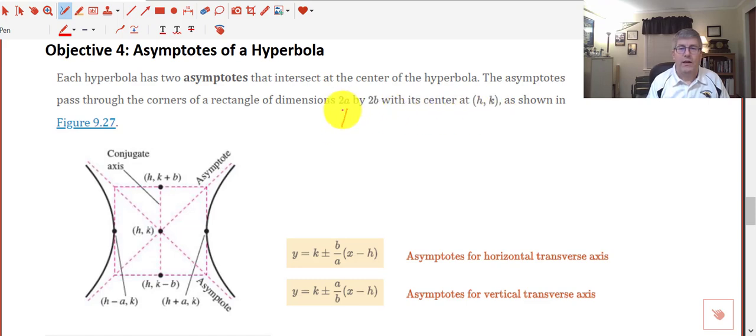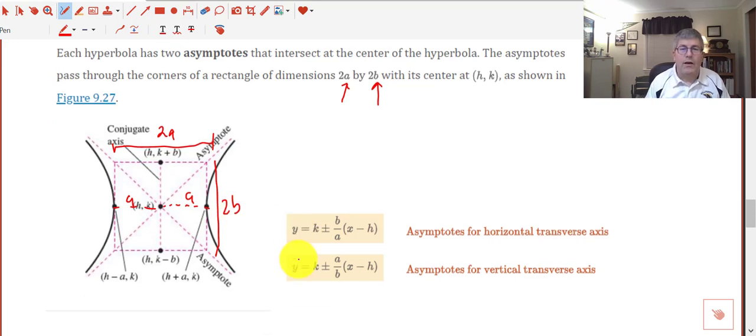So this a and b, we can get those from our formula if we need to. Here's just a picture of one. So they've drawn the box for us. Now remember, a is the distance from the center to the vertices. So if that's a, this whole length here is 2a,